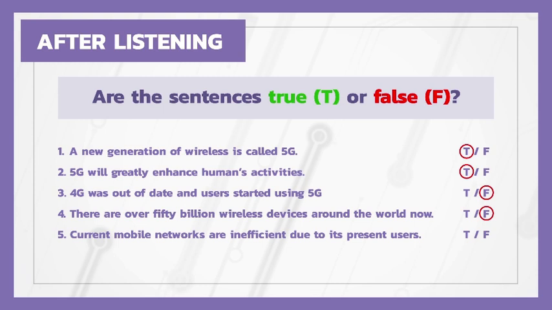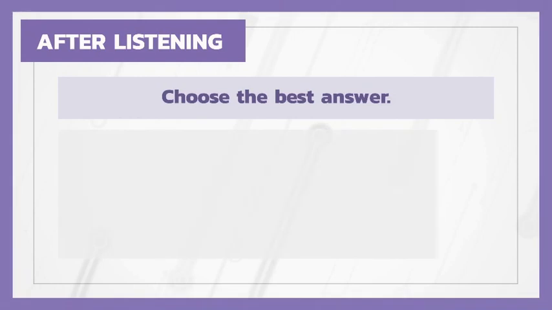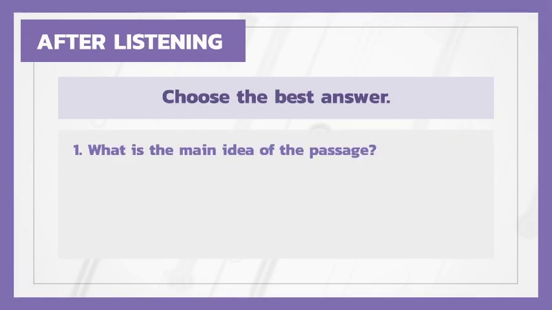Current mobile networks are inefficient due to its present users. It's false. มันผิดได้อย่างไรเพราะว่าจาก text จากข้อความตรงนี้จากสิ่งที่เราฟังไม่ได้มีส่วนไหนบอกเลยนะครับว่า 4G ในปัจจุบันนี้มันไม่มีประสิทธิภาพดังนั้นมันนอกเหนือจากสิ่งฟังเราถือว่ามันเป็น false หรือว่าไม่ถูกต้องนั่นเองต่อมาฮะ choose the best answer. What is the main idea of the passage ใจความสำคัญของ